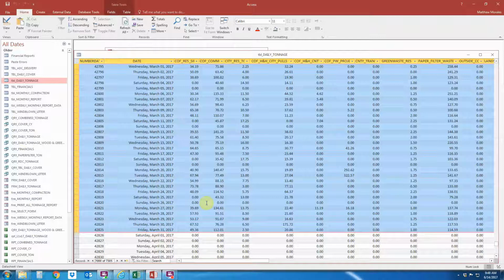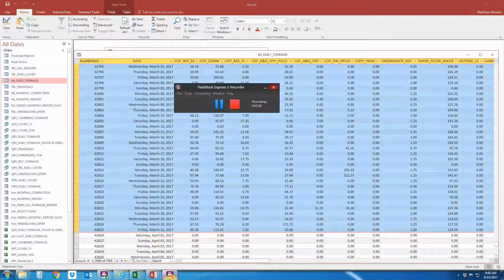Those future reports will then be able to take those numbers and put them into both our working spreadsheet that helps us to track our compaction over time, and we'll also be able to use these reports and the data within them to enter our information into Carlson Command, which is a couple of steps down the road here. But this is essentially the end of this step on how to get your data from the Excel spreadsheet into the